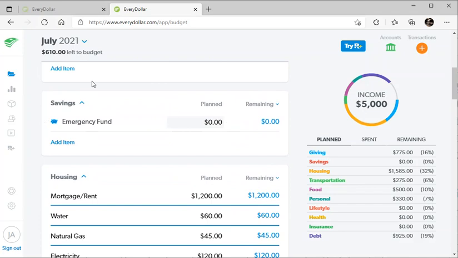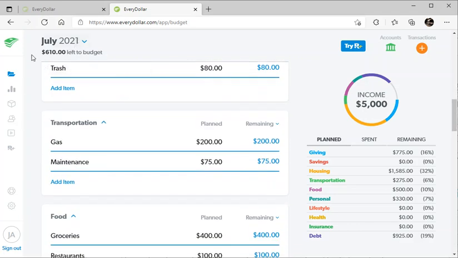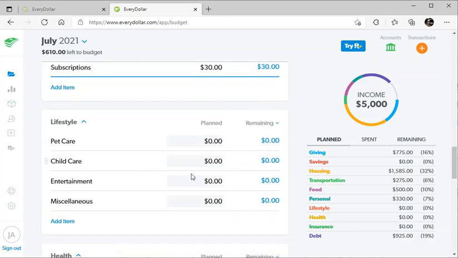All right, so we still have at the top $610 left to budget. In EveryDollar, to budget means that every dollar that we're making for the month is categorized toward something. So we need to take that $610 and put it towards something. We've got lifestyle down here that we haven't even touched yet. Remember, we said that we had children. I didn't say how many, but let's say we have 2,